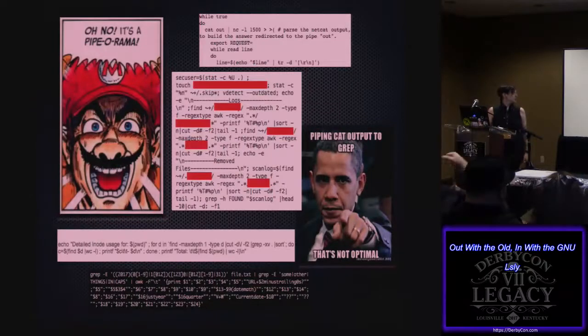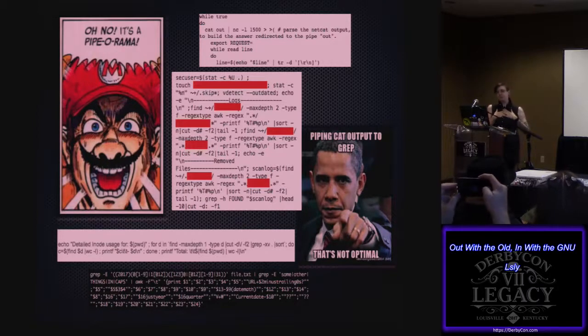And then we come to some of these examples, which may be a little hard to read. We've got an inode check here using word count. We've got a huge find command in the middle there with multiple greps. We've got sorts of all types. So this is what I see a lot, and I do it too sometimes. It's how I learned how commands work.